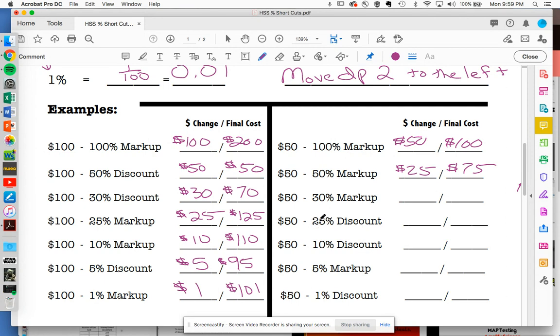So now 25%, I cut it in half once and then cut it in half again. Well, half of 25, you can break it down. What's half of 20? It's 10. And what's half of 5? 2.5. So this would be